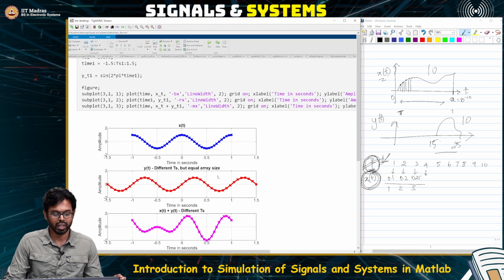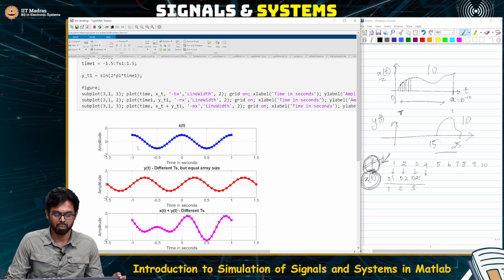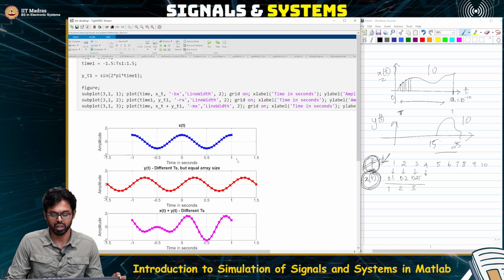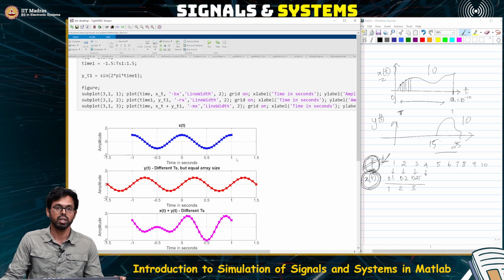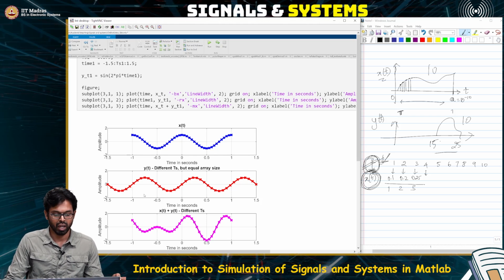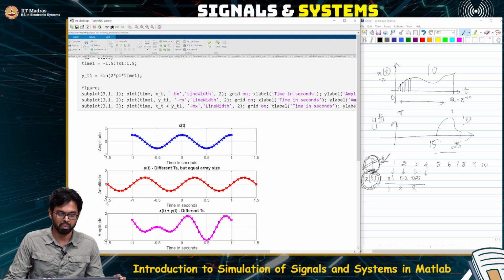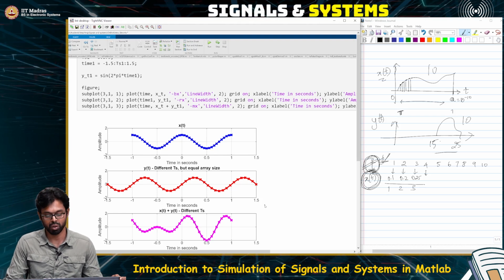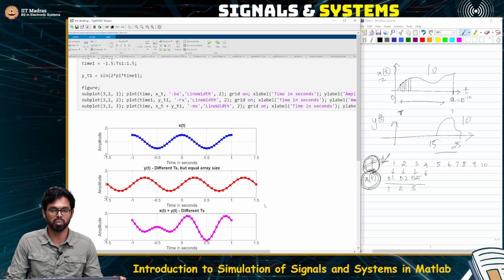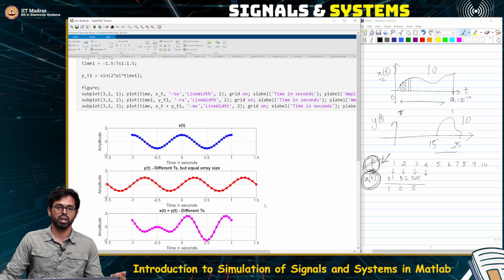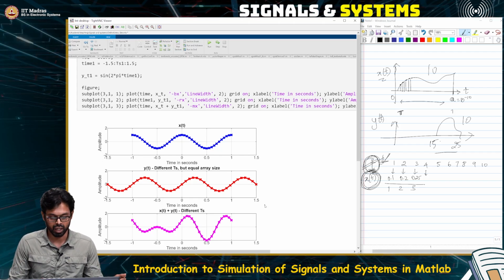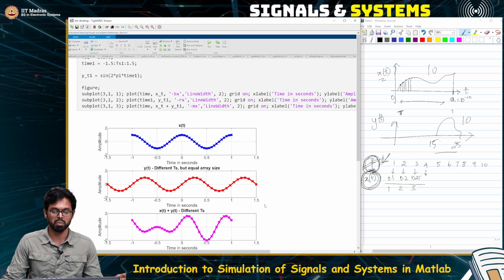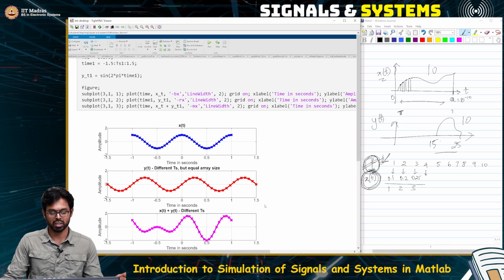Both of this blue and red contain 41 samples, but the blue one is actually from -1 to +1 with a sampling time of 0.05 seconds. And the red one is actually from -1.5 seconds to +1.5 seconds with a sampling time of 0.075 seconds. So they are completely time misaligned. They have different sampling times, but the number of samples are the same, which means